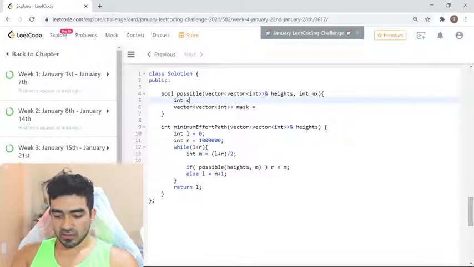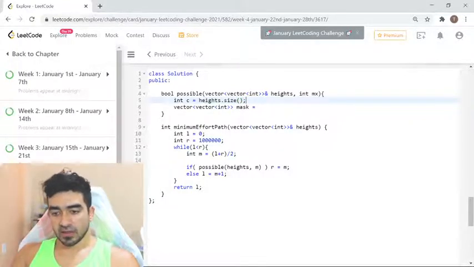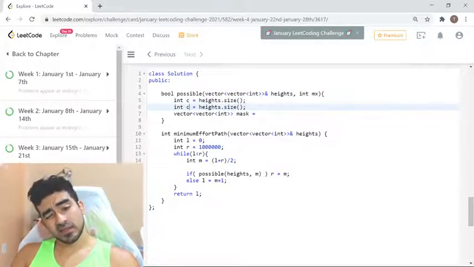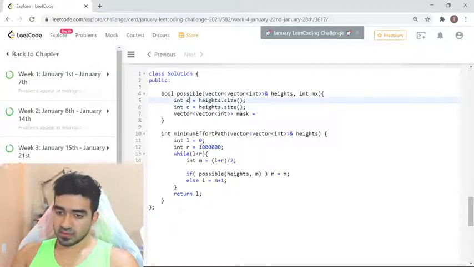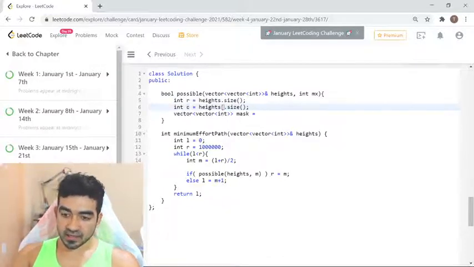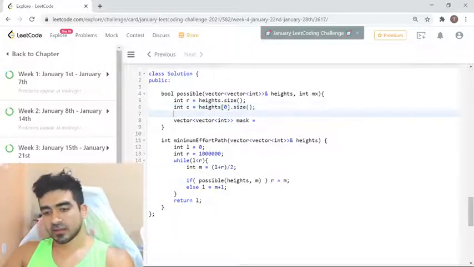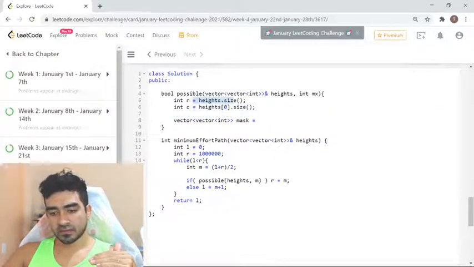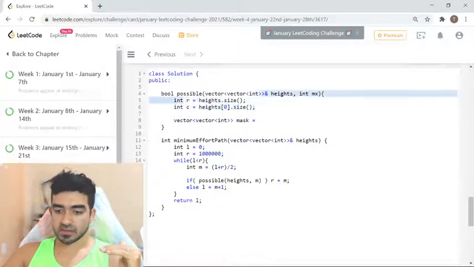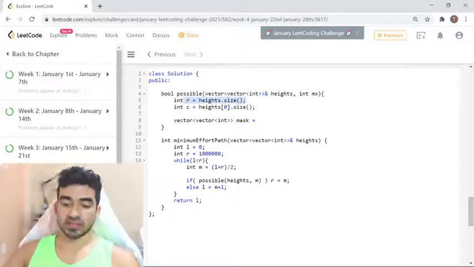Then the column is equal to height dot size, and the rows is equal to height dot size, and the column is height 0 dot size. Okay, the column, height 0, the rows, right. Yes, let's go. Let's continue, and